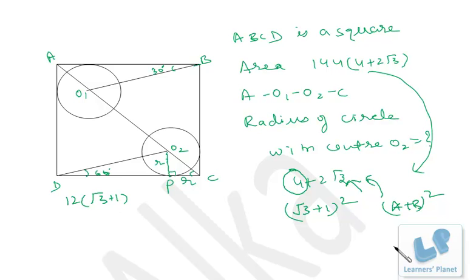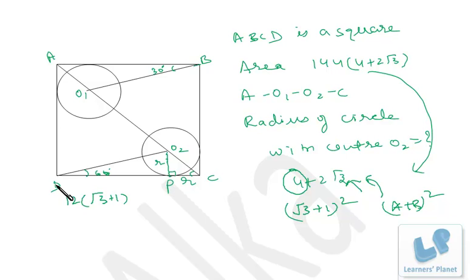Quite simple, and that should be clear in your mind: whenever the (A plus B) whole square format appears, this is how you get the square root if this sort of irrational number is given. Now I'll be using trigonometry over here to make the problem simpler, as I have told you in my basic sessions also, that you should know the basic trigonometric ratios and their values. See, this 12 times (root 3 plus 1) is the complete DC, the entire length. I am interested in DP.